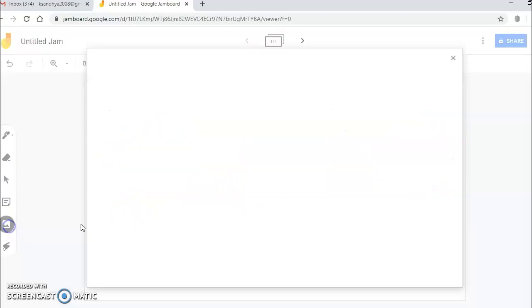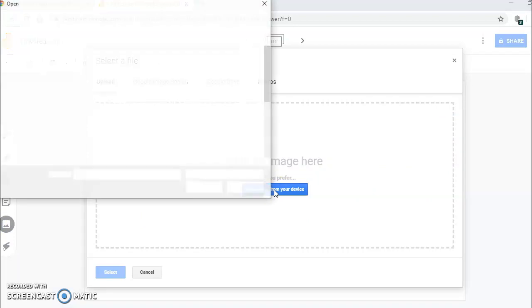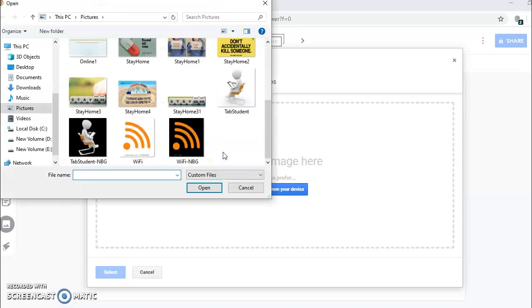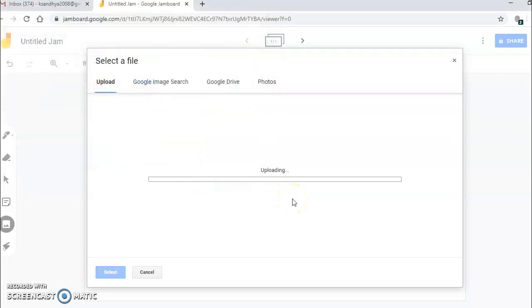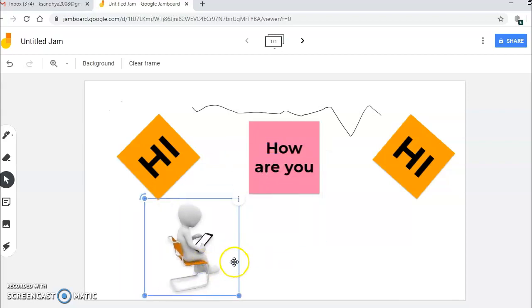One more option is there: if I want to add any image, go to the image option and select any image from your pictures. Okay, so if I select this image, that image will get uploaded on my Jamboard. So here is the image. I want to put it here.